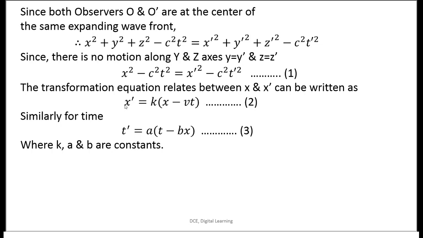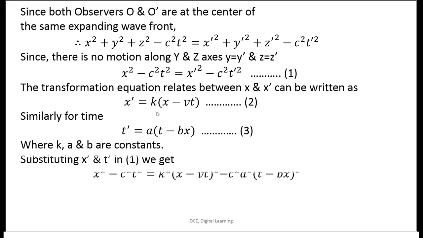Here, this is the transformation equation between x prime and x. This is the transformation equation between t prime and t. Here, a, b and k are constants. We need to find the values of those constants. Substituting the values of x prime and t prime, that is equations 2 and 3, in the equation,